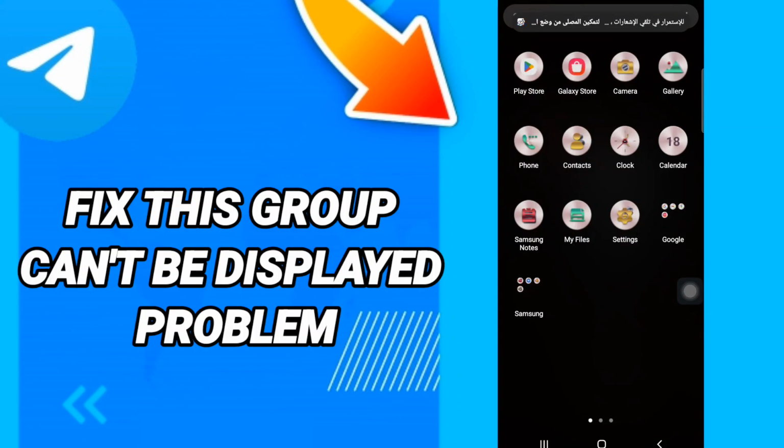Hi everyone, today we will talk about how to fix or how to solve the Telegram "This group can't be displayed" problem. To know how to fix it, you should